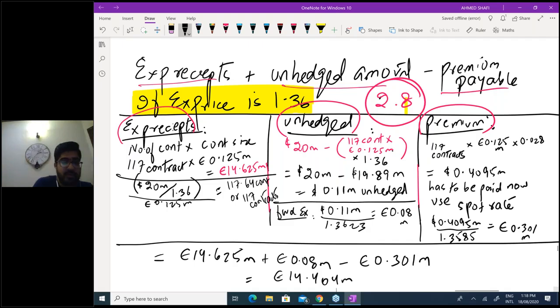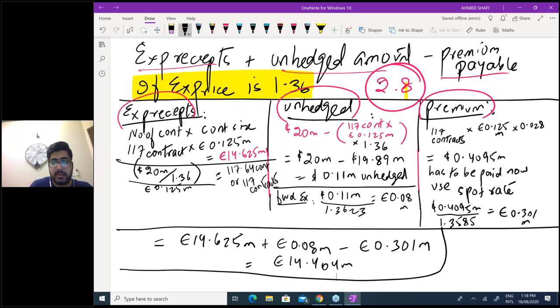We have done all three, which is the best one? Okay, now listen carefully. We have done three techniques: forwards, futures, options. Options is incomplete. You have to try the second exercise price also. It's 1.38 exercise price. You have to do the workings on your own on 1.38 as well. But let me just conclude which is the best hedging technique. Now options is giving answer 14.404 million.